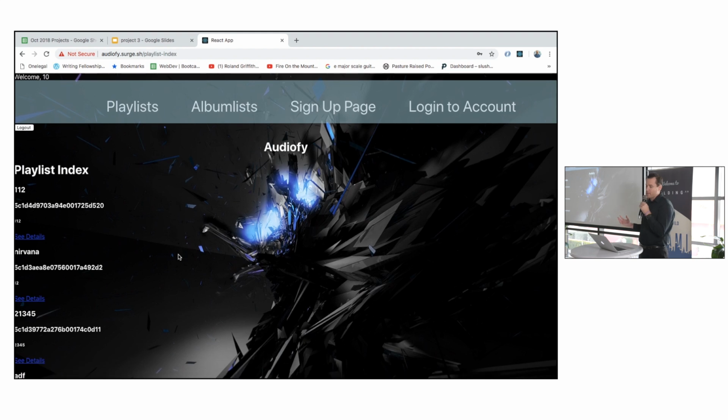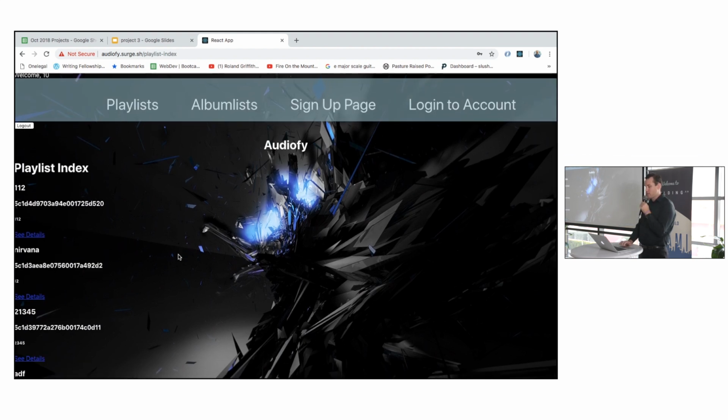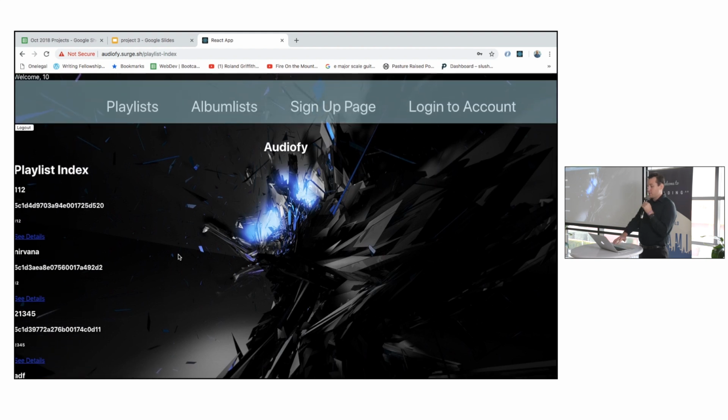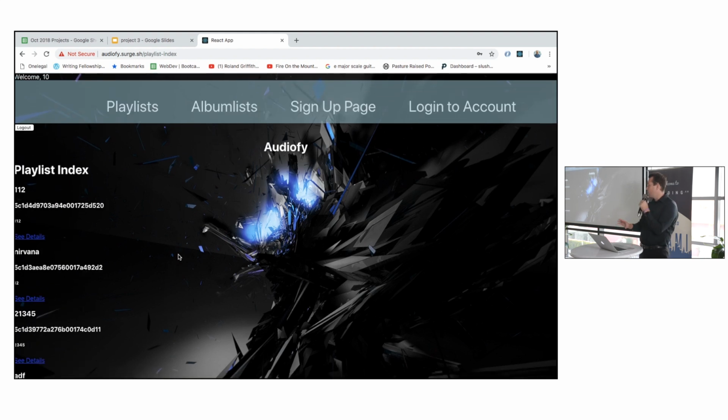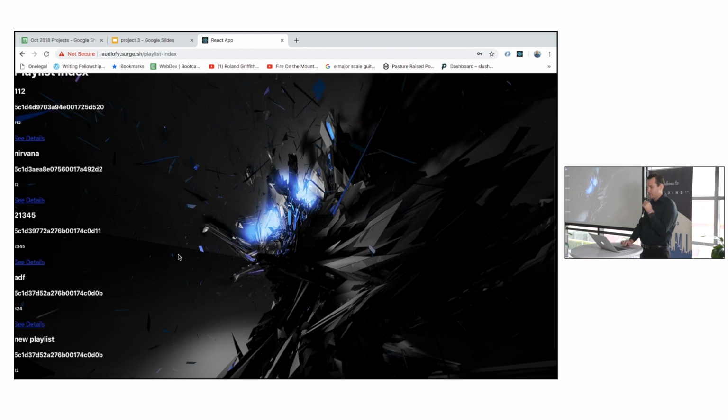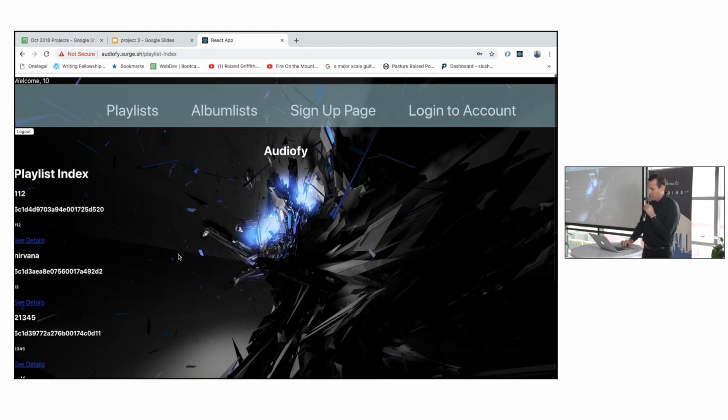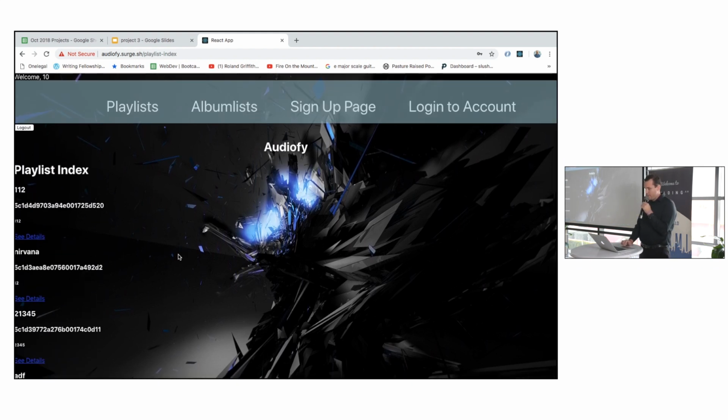But one main thing about React people don't know about it, it's really cool because with other technologies, with web dev, sometimes when you want to make changes on a website, it makes the whole website refresh. And some people may not notice that, but with React, it's all instant and it's all within the same page. So it's a very, very cool technology. It's also very deep and difficult to understand for some people. But yeah, that is basically my Audiofy app. Thank you.